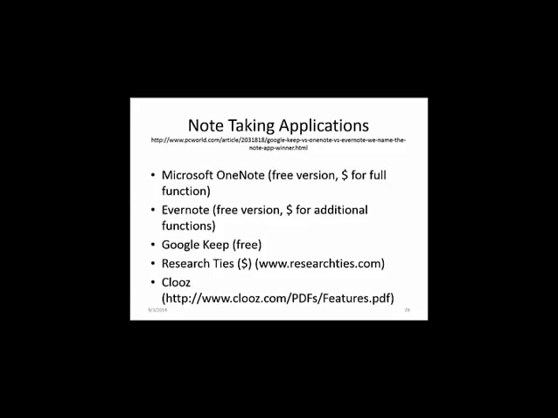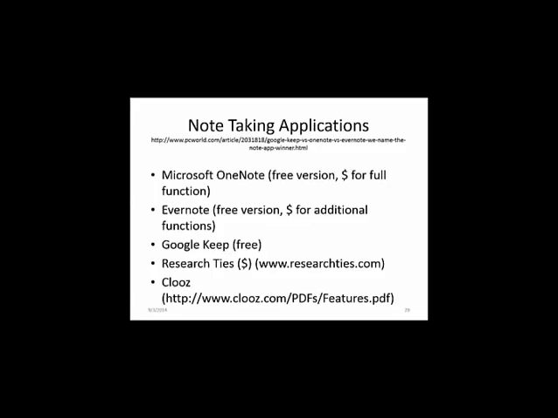Research Ties is a commercial piece of software that is a very formal process for keeping notes and doing analysis. And so there again, it's an annual subscription to do that. And they really force you to go in and put in a lot of information. This is the type of software that I think David Rencher was talking about when he was saying, how do you record your research plus all of your decision processes and your analysis and everything.